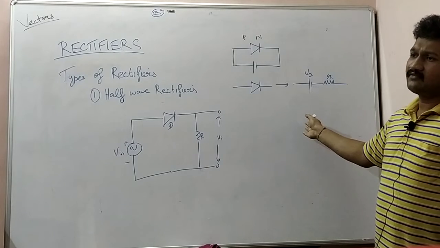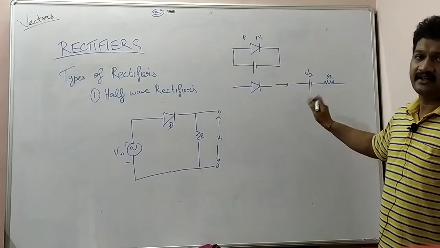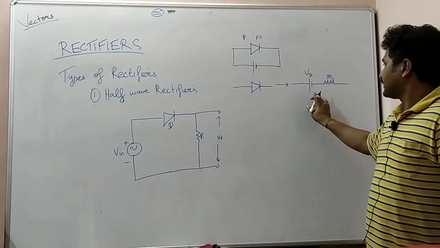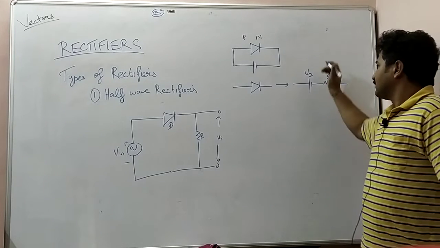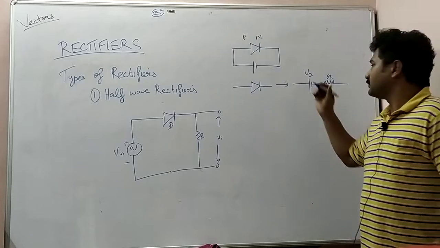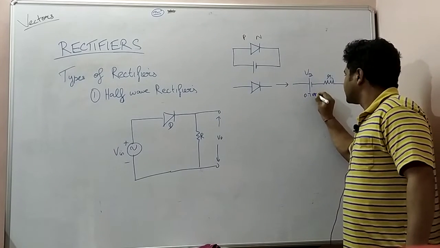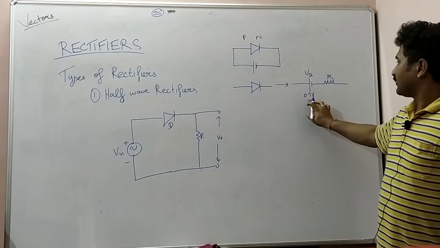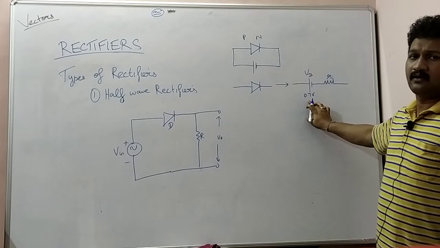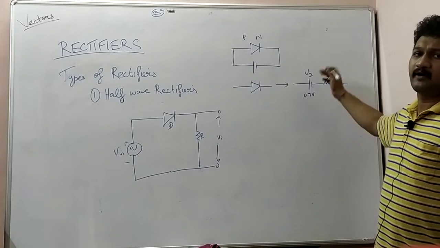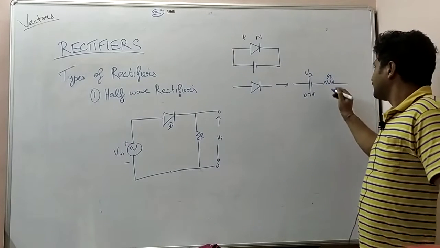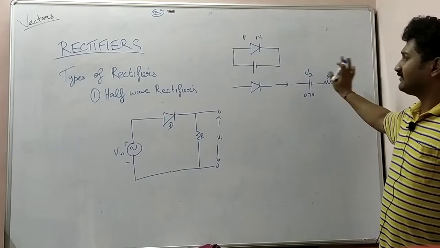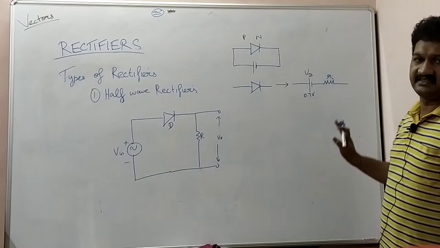So what is the barrier potential of the diode? The barrier potential of the diode, the potential at which the diode starts conducting, is called the barrier potential. So for the diode to conduct, a certain amount of voltage has to be applied. For example, 0.7 volt is the barrier potential of a PN junction diode. So for a diode to conduct, there should be a voltage applied greater than 0.7 volt. In addition to that, there is some internal resistance offered by the diode. So let's have this as initial considerations.